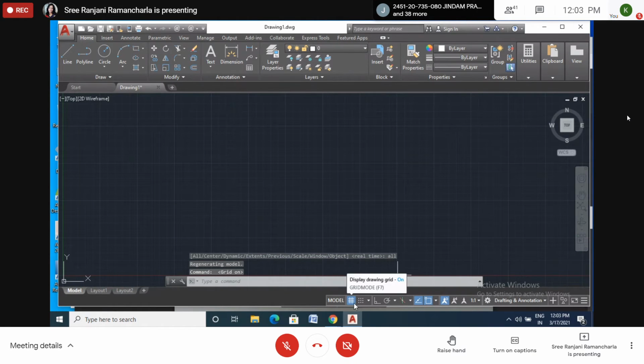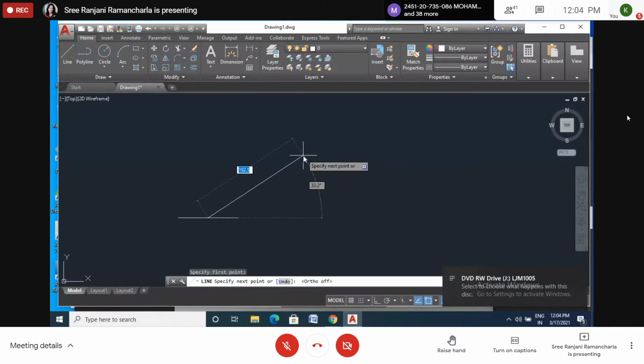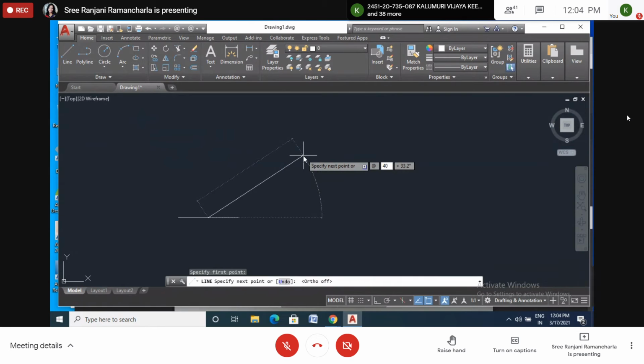Okay. Now here first I want to draw the isometric projection. I want to draw the isometric projection line. First I will take one small line, and one more small line. So I'll take from here. What is that angle? 30 degrees. Length is 40. At the rate 40 less than, what is the angle?